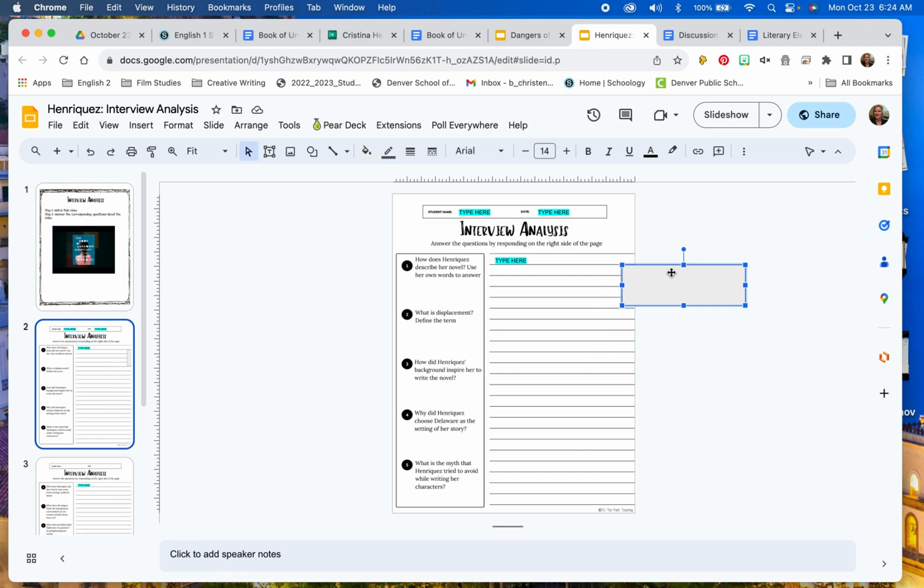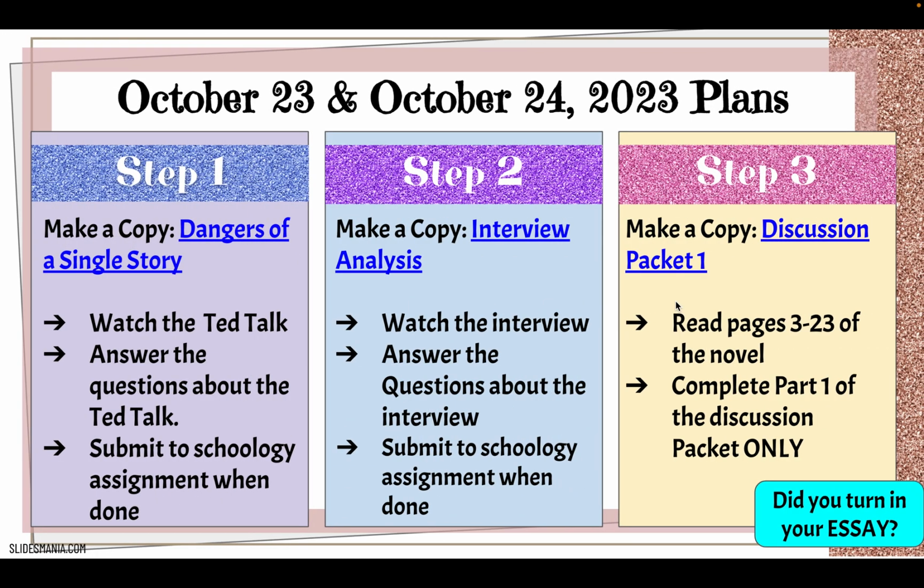Totally acceptable to do. It's up to you if you need that approach. All right, so that is step 2 or assignment 2. This one is due on Wednesday, but I kind of feel like you could get step 1 and step 2 completely done today, but I did make this due on Wednesday.